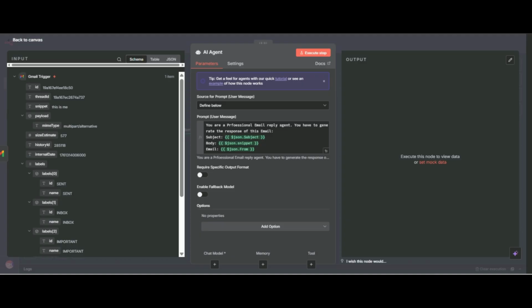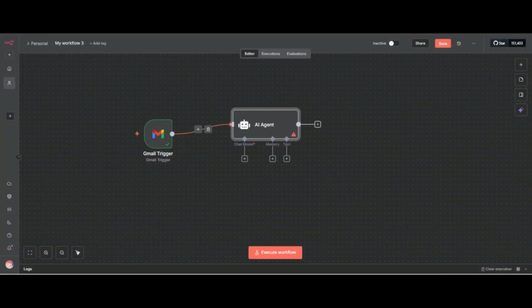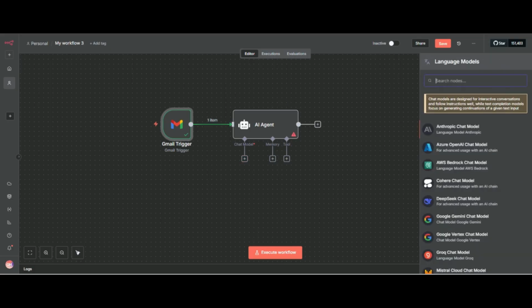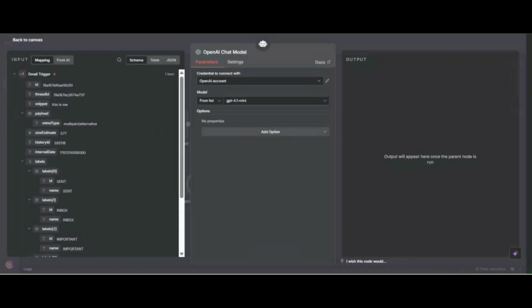Now we have to add our user message, and we will add our system prompt, but first we have to add our chat model. I will use OpenAI because I am flexible with it.